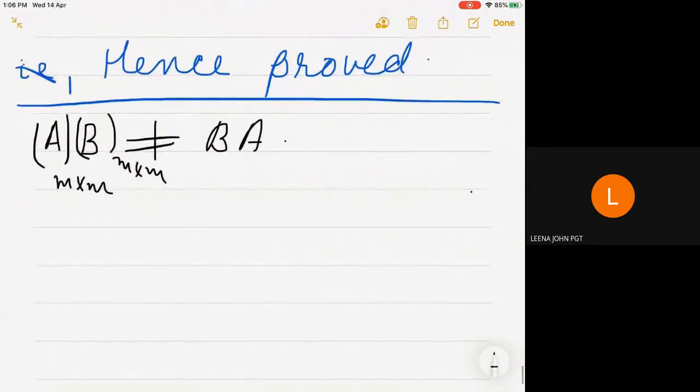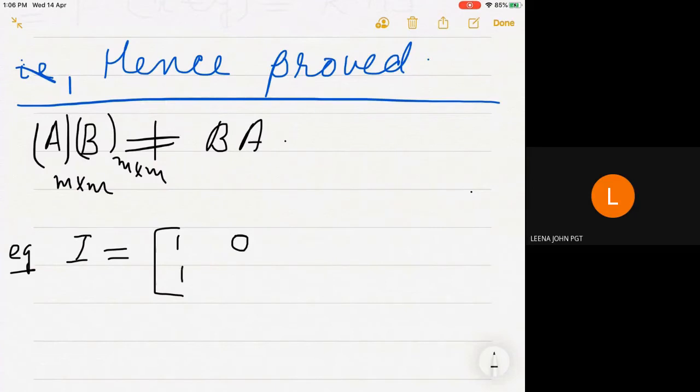The special cases I am taking are the identity matrix I, or unit matrix. You can see what a unit matrix of order 2 is. So for example, I am taking the unit matrix of order 2.